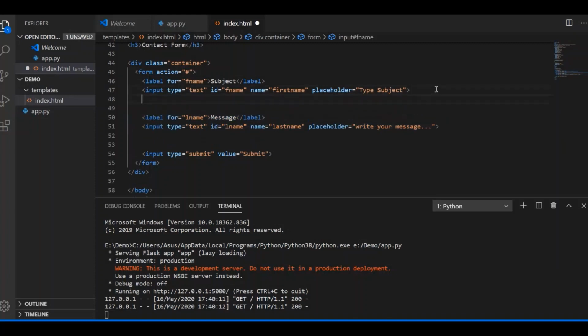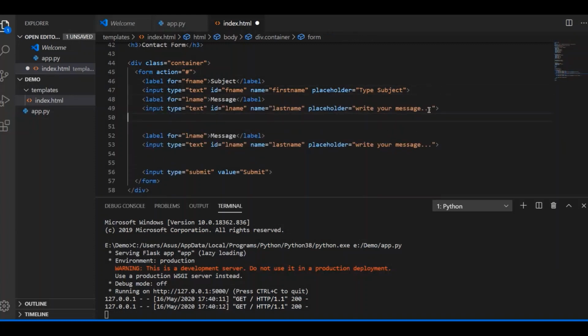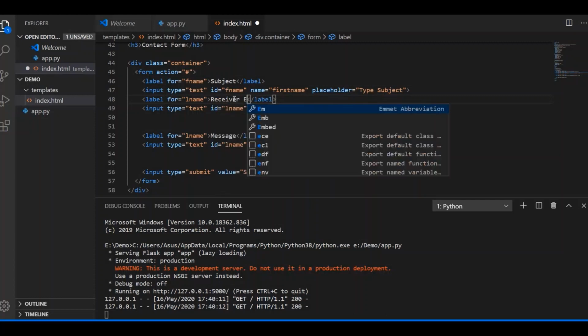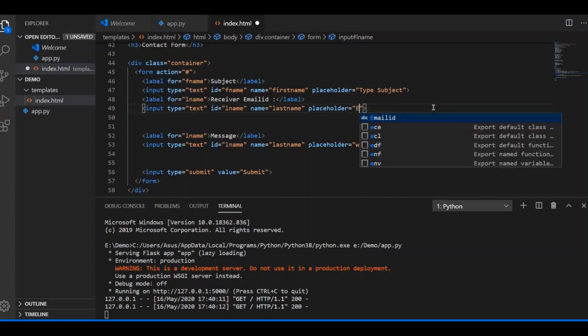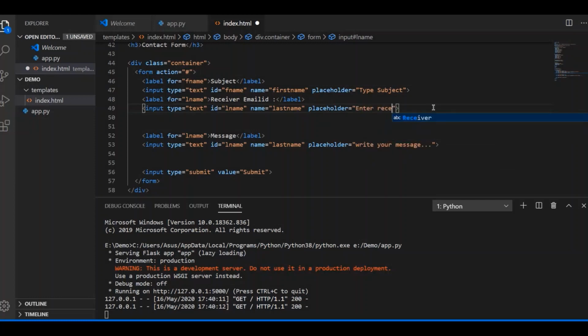So for that I will write here receiver email ID, and here enter receiver email ID.